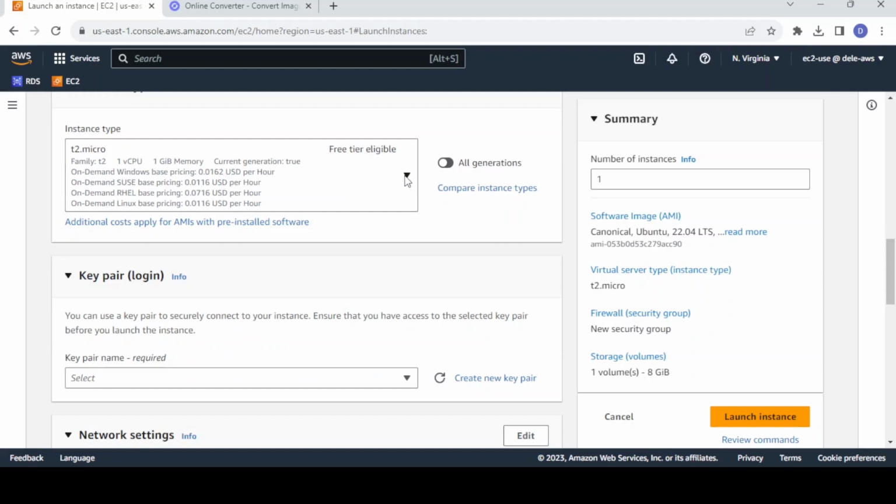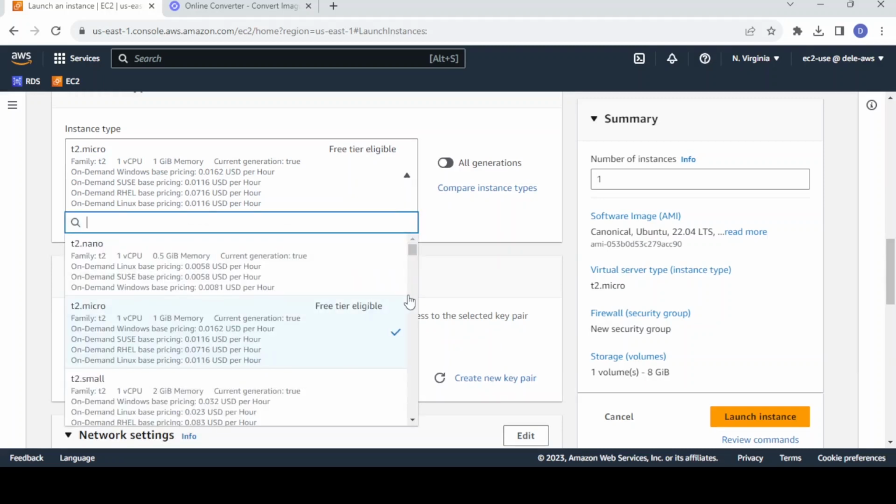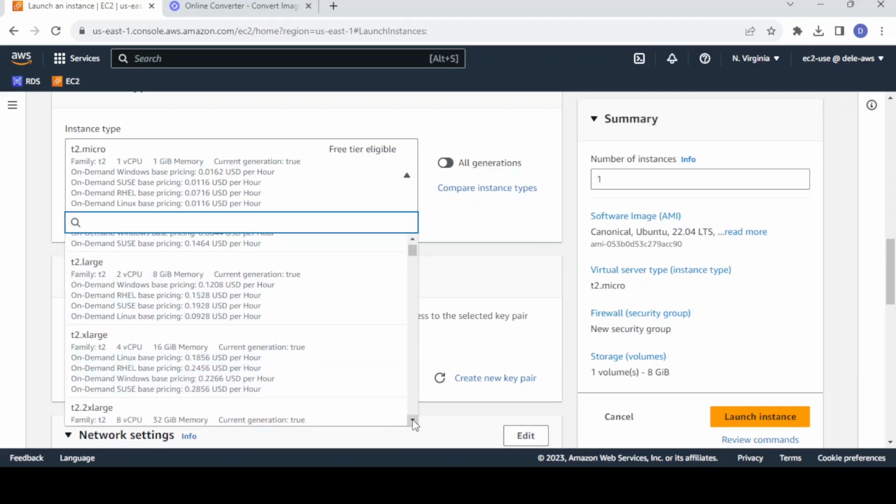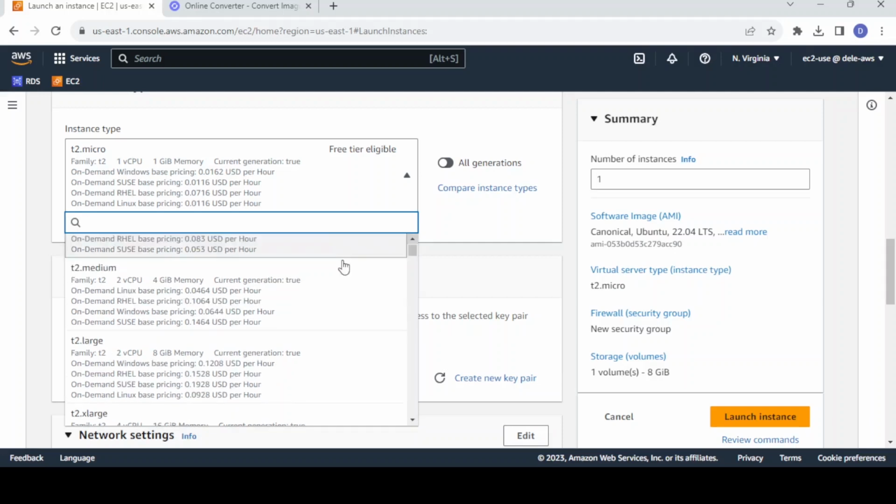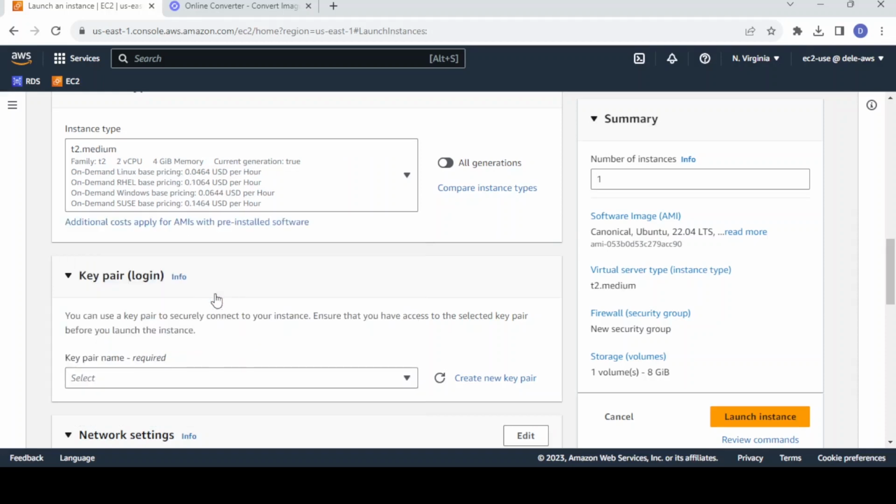Okay, now the instance type, I would select a T2 medium because we need at least 2 CPU and 4 GB memory. So something slightly bigger. This will cost you a little bit, so you need to make sure you destroy it as soon as you finish this project. So T2 medium, you see it's got 2 CPU and 4 GB memory. That should do for this